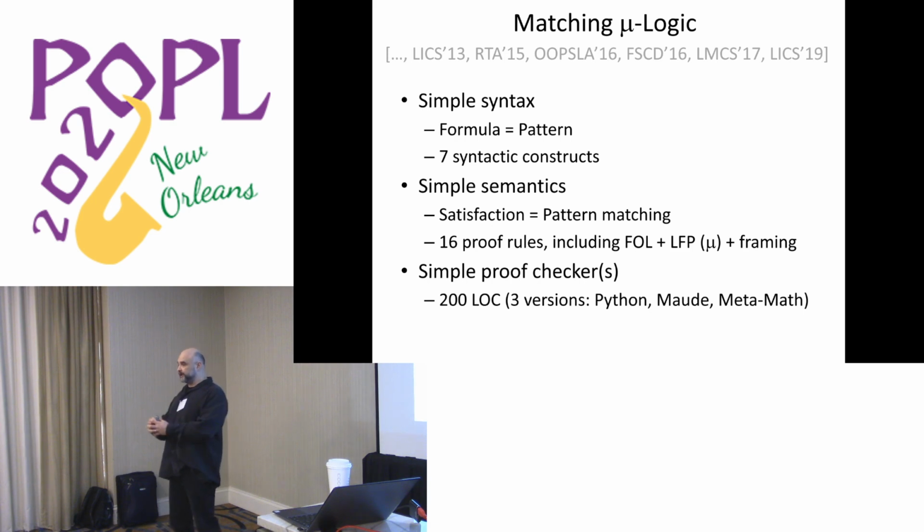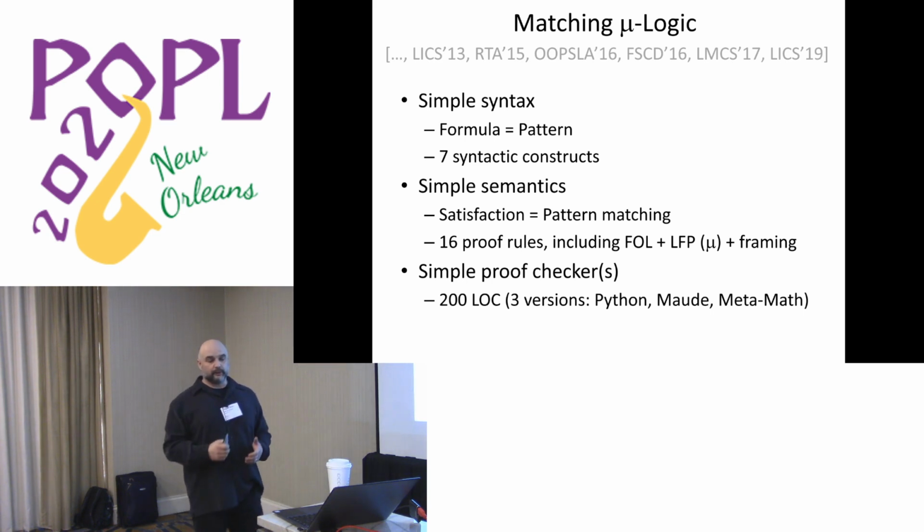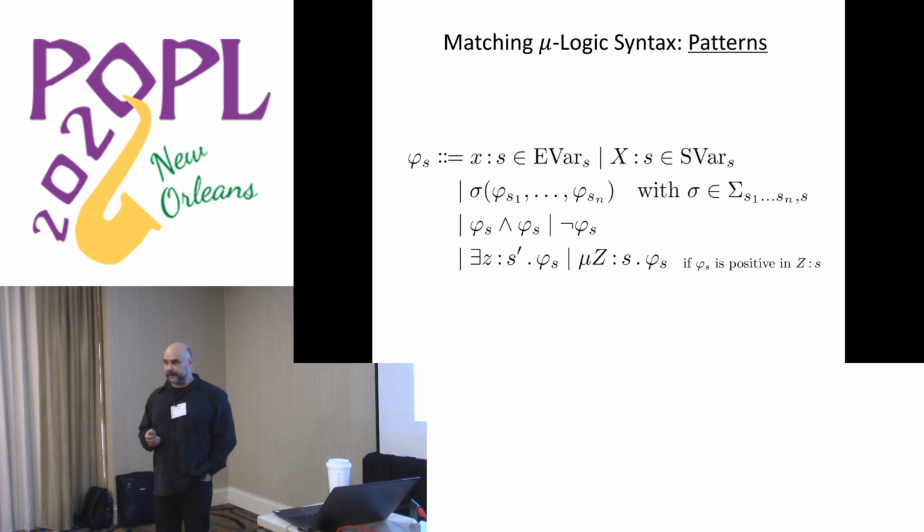So in this logic, the formulae of the logic, to prepare you for the next slides, we call them patterns, and they are not terms, they are not predicates, they are not functions, they are patterns. And we can regain terms and predicates and functions axiomatically. If we add some axioms to patterns, then we get terms as we know them. If we add some other axioms, we get predicates or we get functions. That was important for K, because in K, it was always difficult to say what is a function, what is a predicate, because in the end, it's all pattern matching. So the semantics will be pattern matching, and the syntax will be that of patterns.